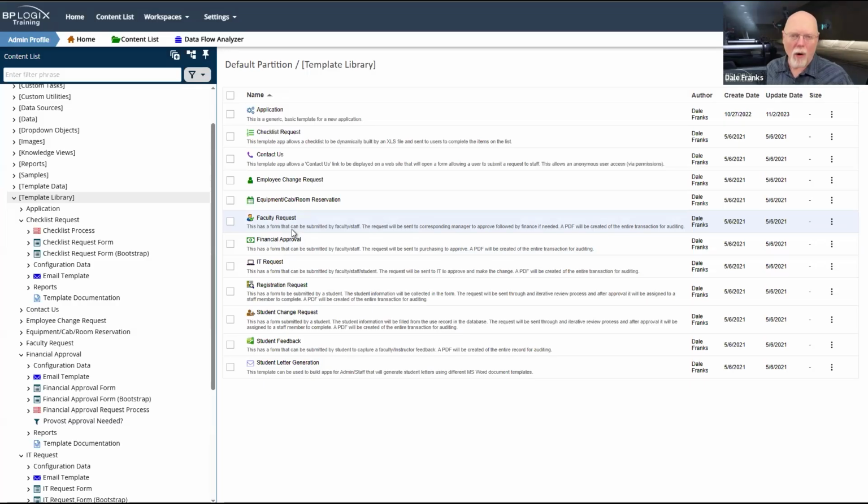So what you might want is to start off with not entirely a blank slate. Because remember, there's some common things that you're going to have to do. You're going to have to build a form. You're going to have to build a process timeline. They do need to be hooked together. You are going to need an email template that's also hooked to your timeline. And as a best practices matter, whenever you create a form or a process timeline, there are some best practices that you want to implement on each one, which means changing whether the form fields are enabled by default and when the form becomes read-only. So those properties that are on the properties tab of a form definition.